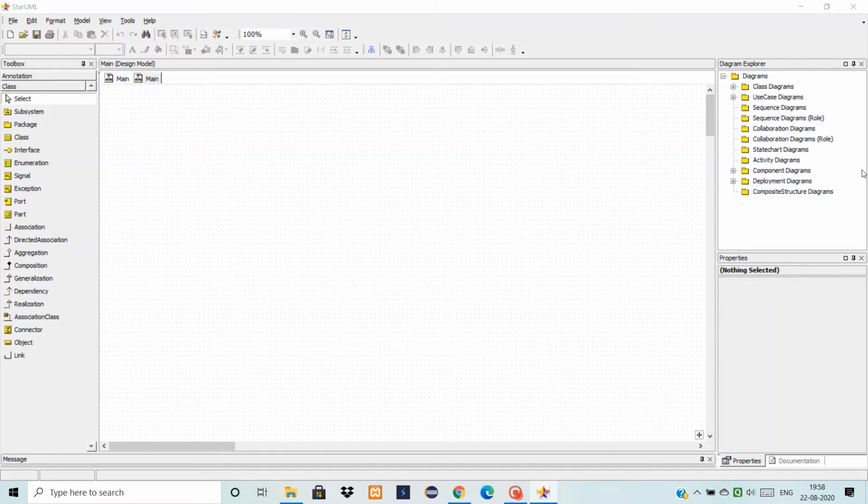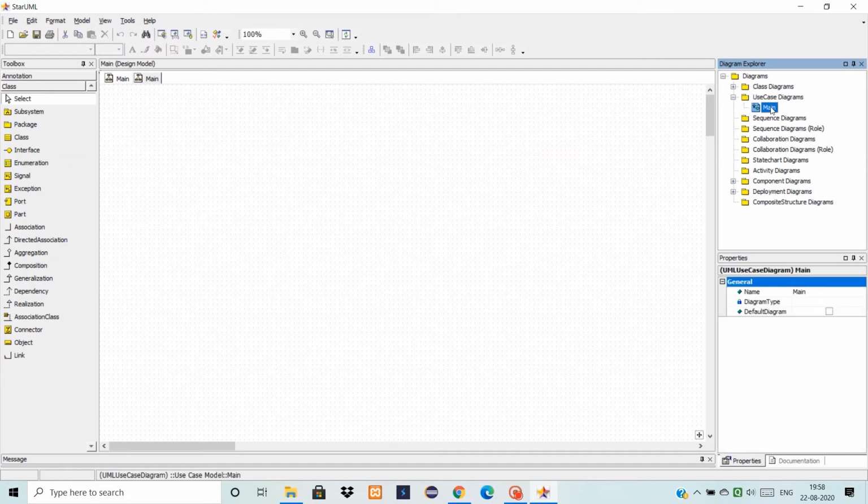On this side of the screen, we can see the different diagrams that we can draw in StarUML. Here we see use case diagram. When I double click on it, we immediately see that the use case toolbox is shown on this side, with actors, use cases, association, generalization, and all that we use in the use case diagram.